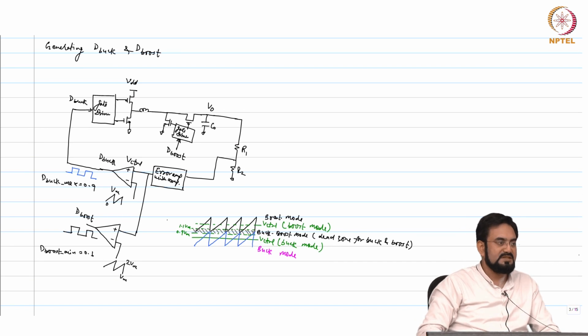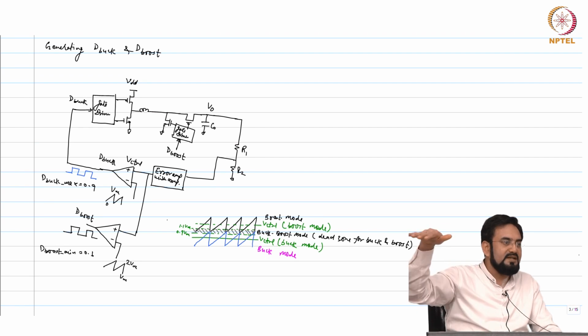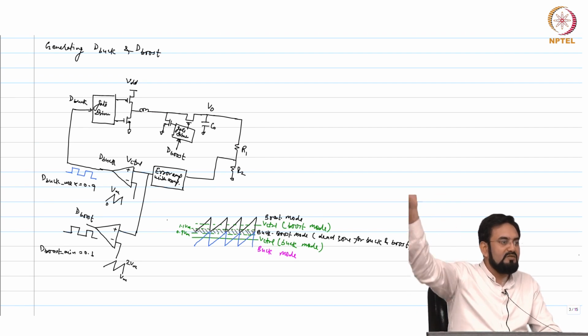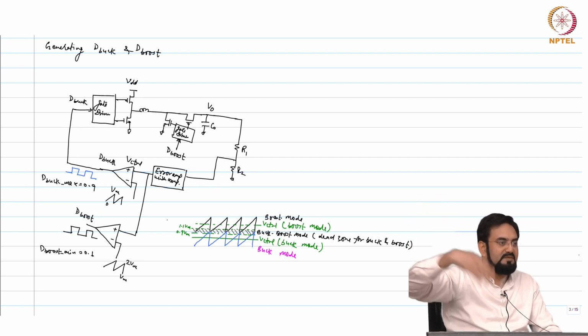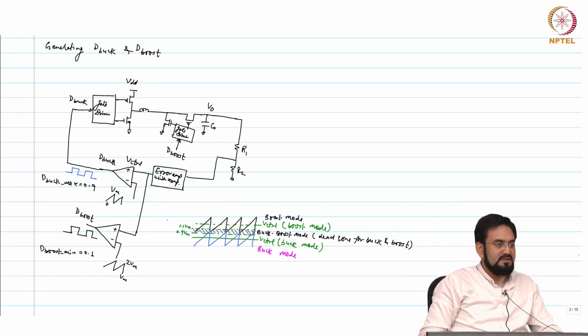So let's say you start from 0.9 VM corresponds to 0 code, and let's say I have a 3-bit. Okay, so all 0 means 0.9 VM, all 1 means 1.1 VM. In between, you will get all the codes.